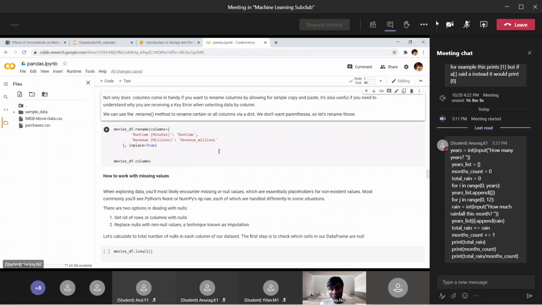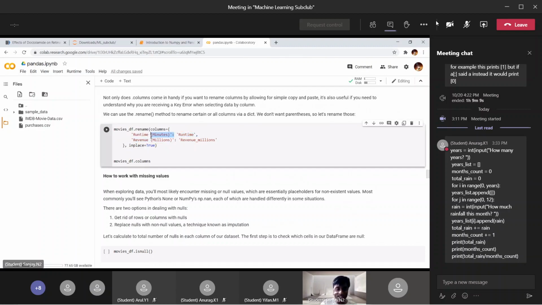So currently we have some weirdly named columns, right? We have runtime and then we have space in minutes. This is a side note, but working with columns that have a space in the middle is usually very hard, because when you call on the column for something, a lot of times it might be hard to get the value because Python's obviously going to be case sensitive. So if you put